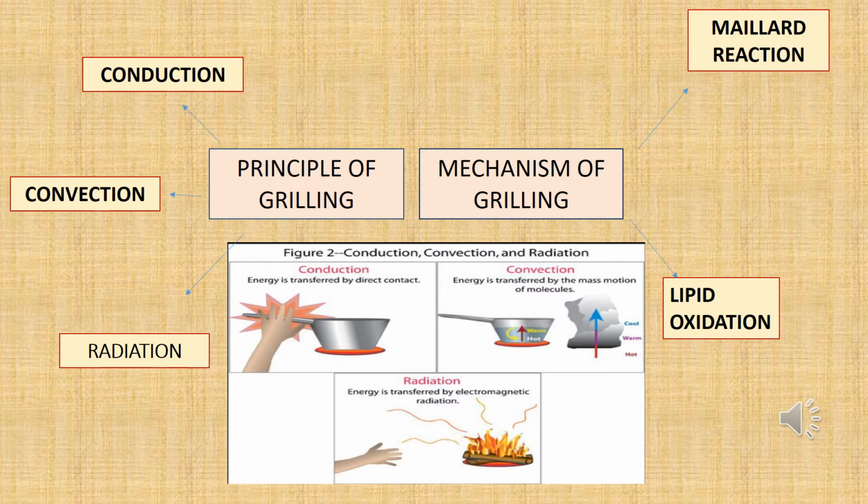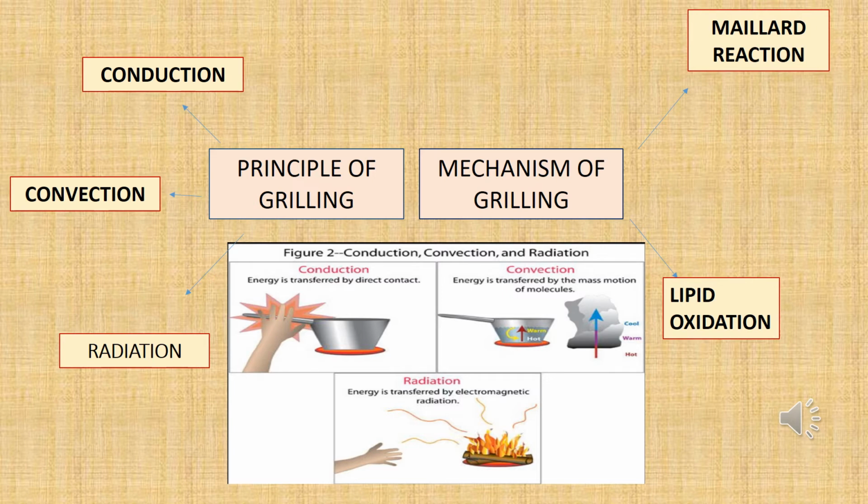The next point is convection. Convection usually occurs faster than conduction, and it occurs when the heat is carried to the food that is being cooked. In grilling, convection is the process called indirect grilling. Indirect grilling occurs when the food is not in contact with the heat source. So when we grill the fish away from the heat, the heat will start to circulate around the meat.